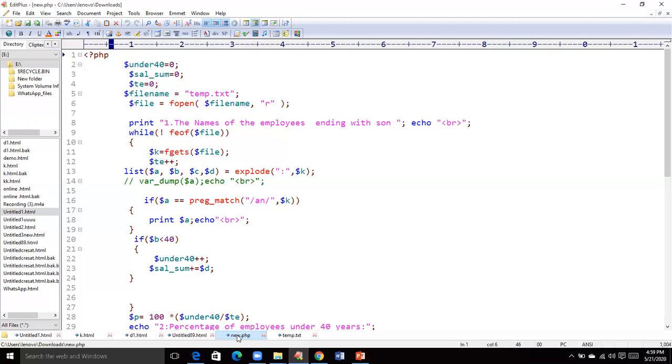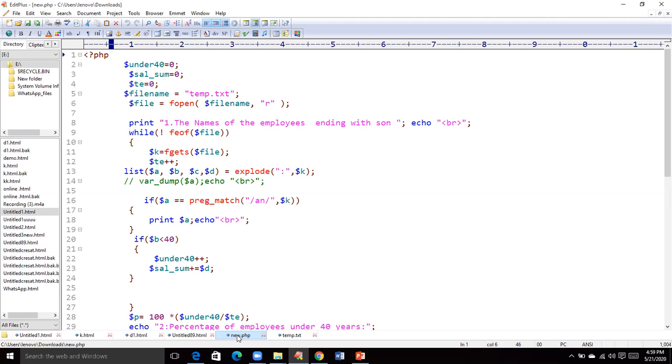By default, the parameter passed to the list method is an array. Based on the pattern, and the pattern is a colon, A corresponds to the name of an employee, B corresponds to age, C corresponds to department code, and D corresponds to salary.